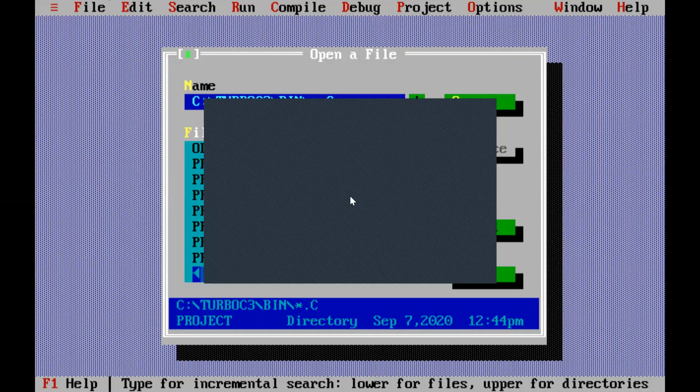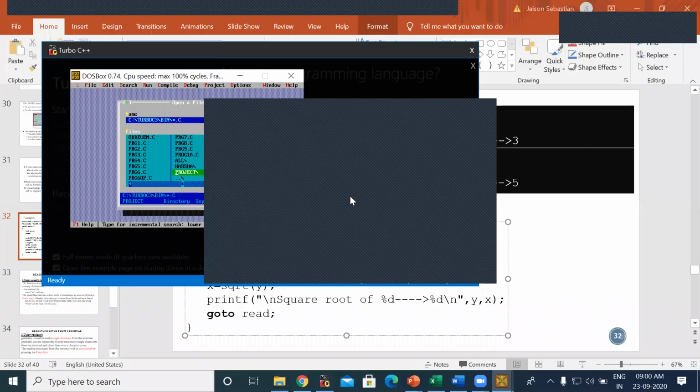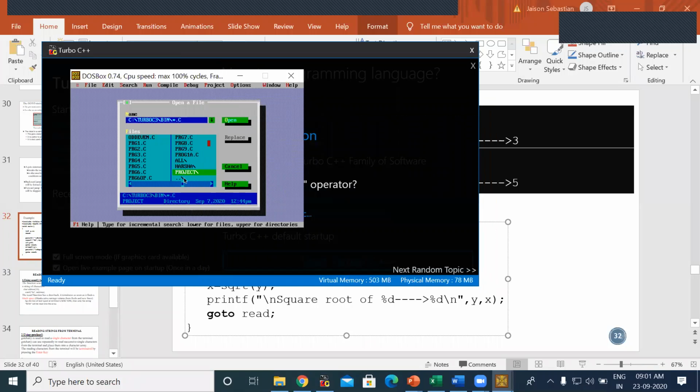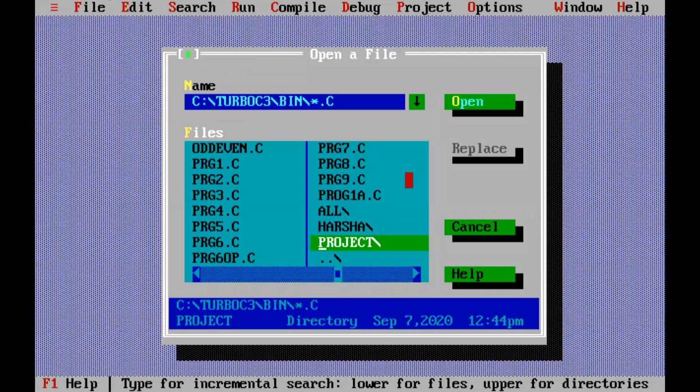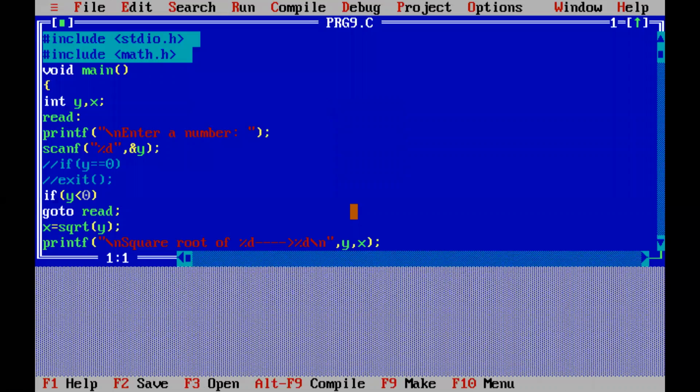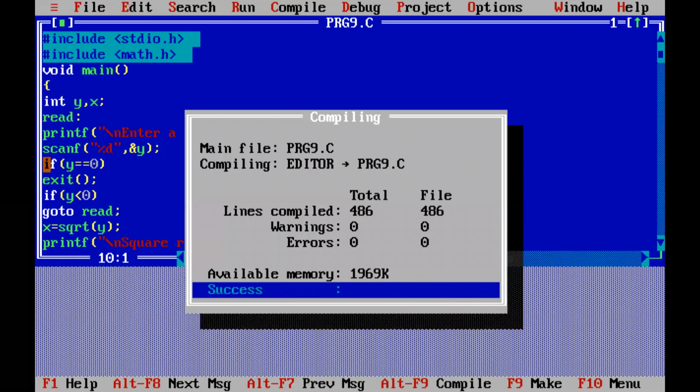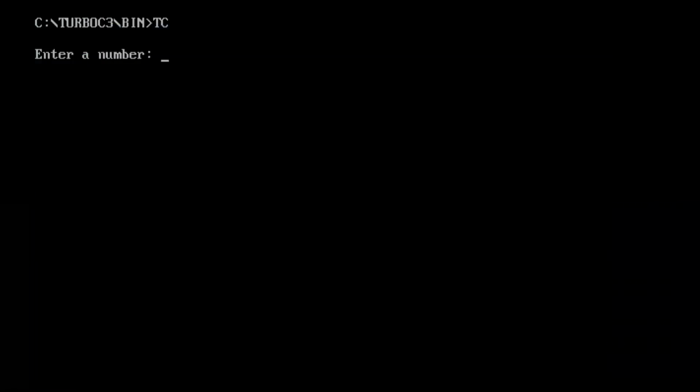So in order to avoid that, you can always use an if condition to check whether it is equal to 0. If you give an equal to 0, it will come out of the loop. So in order to make the program come out, you can give this condition: if y equal to 0, then you can exit from the loop. Otherwise, it will keep on asking.